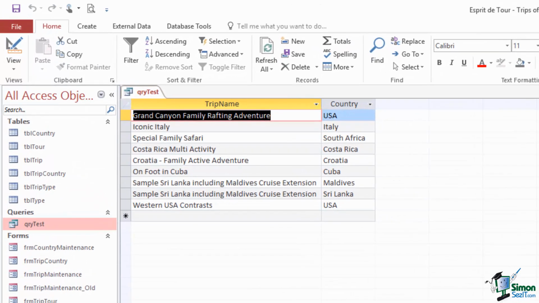Now you may be a little bit surprised with the results, because there are a number of records but you don't see all of the trips. You don't even see all of the countries. I'm going to explain why that is in just a moment, but first of all, whenever you run a query,